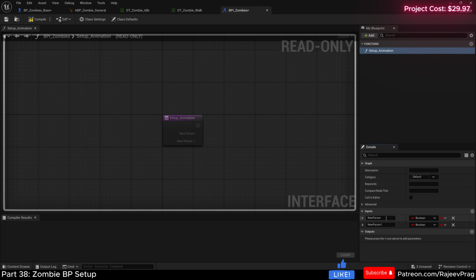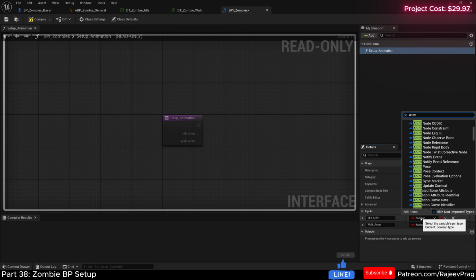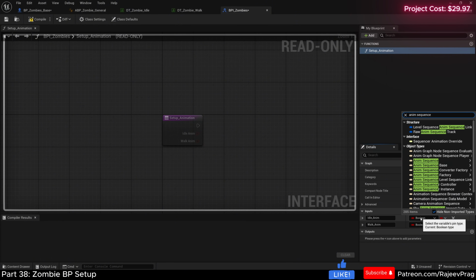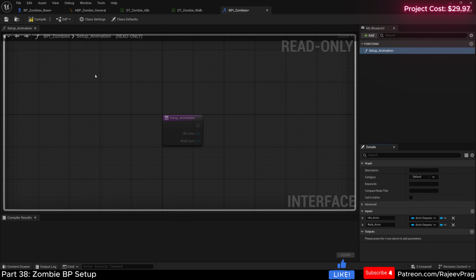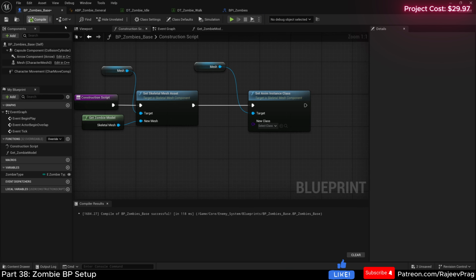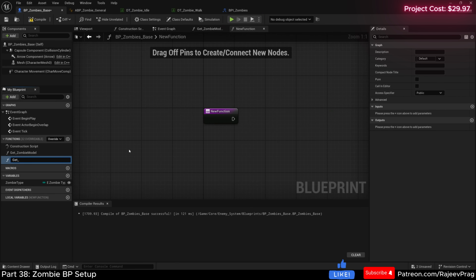It's going to have two inputs. One is for the idle anim, and the other one is going to be for the walk_anim. Both of these would be of type anim sequence. And this would be an object reference. Same thing here, anim sequence, and it's an object reference. Compile and save it. In our zombie base, create a new function, and this would be get_zombie_idle